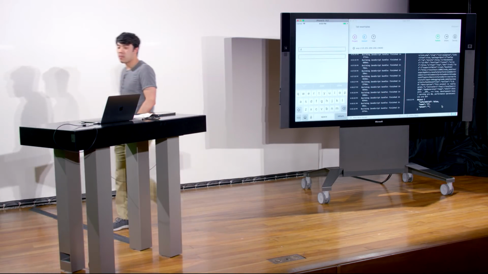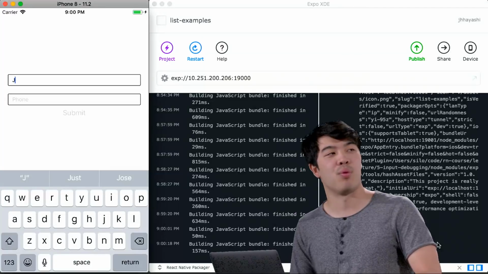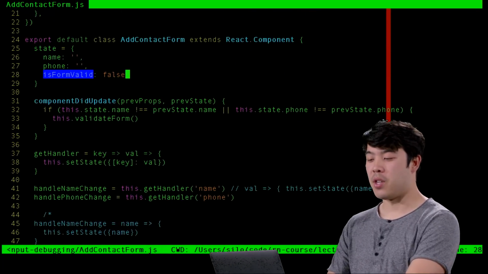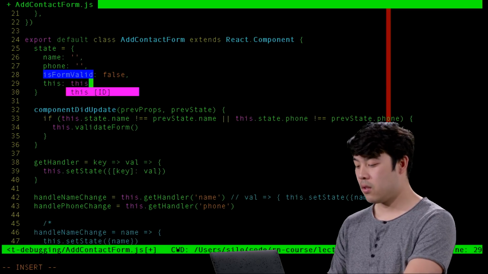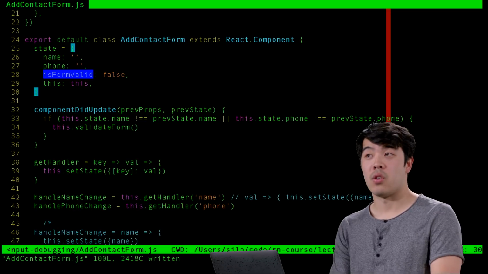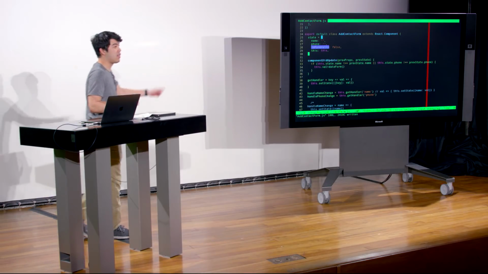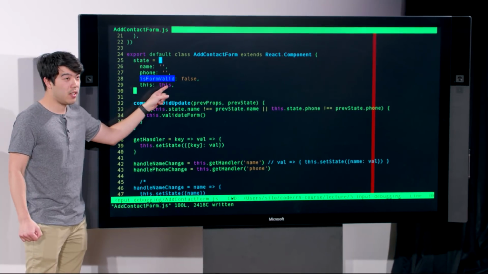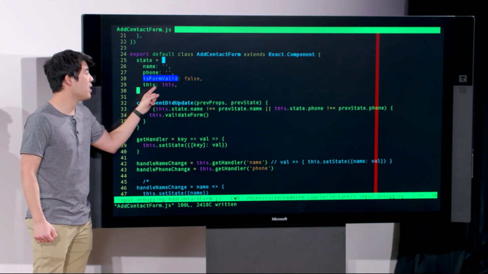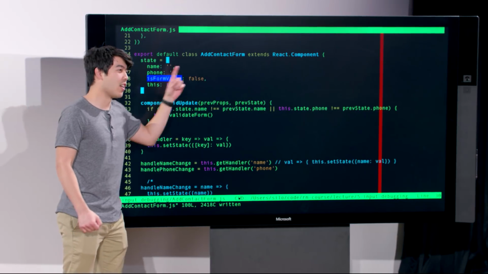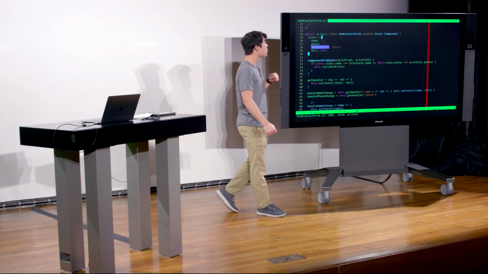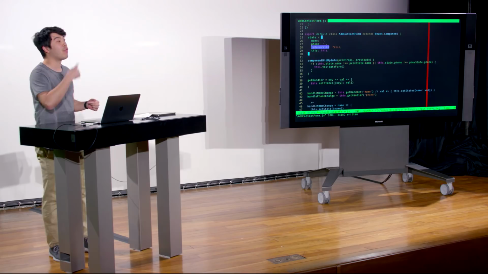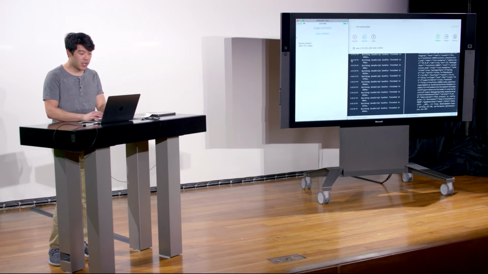But what happens if that object is pretty complicated? What happens if that object has a cycle? So now we're sticking inside of state, this is equal to this. And so this here is going to have this.state in it. And so this.state.this is going to be this. Do you see how this is going to start becoming circular? And so this is called circular JSON, or a JavaScript object that self-references itself. And so now, if we start to type anything here,